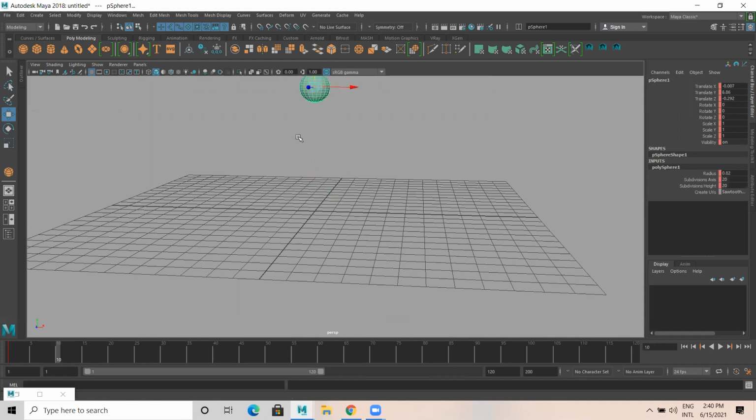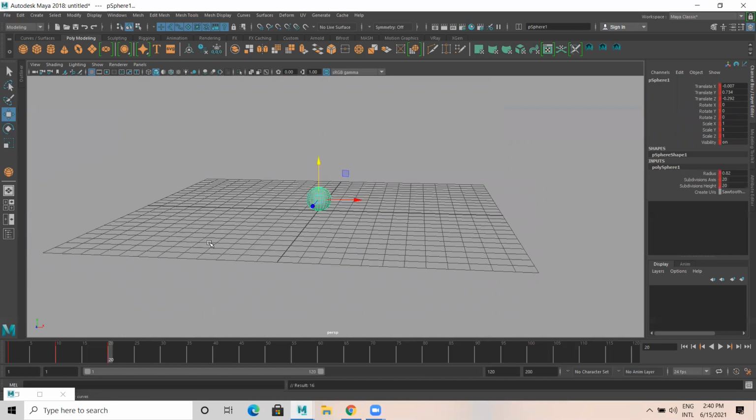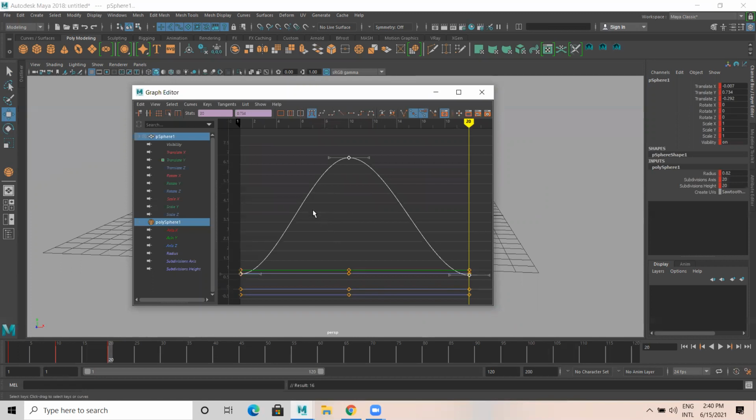Go to frame 10, set key. Frame 20, I set key. Okay, so I'll just come to the graph. You can select and press F so that it zooms, or you focus.